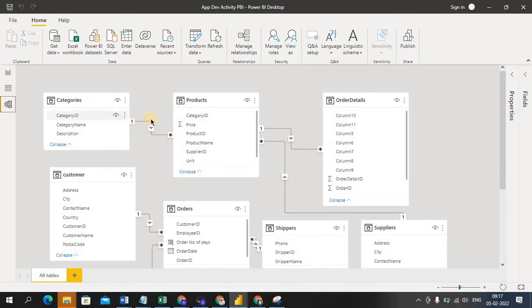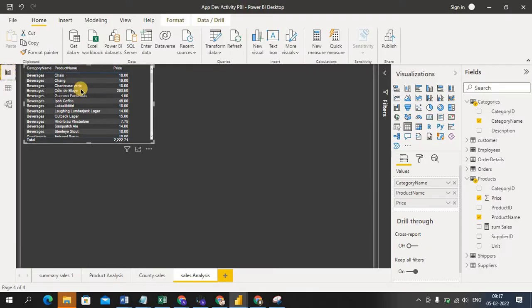So the data is fine between these two tables, so that I'm getting the data here. From this table I'm taking category name, and from this product table I'm taking price and the product name. Is it fine guys? Understanding, right? Yes, Imran.